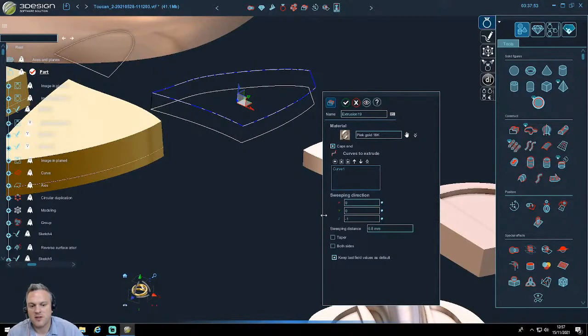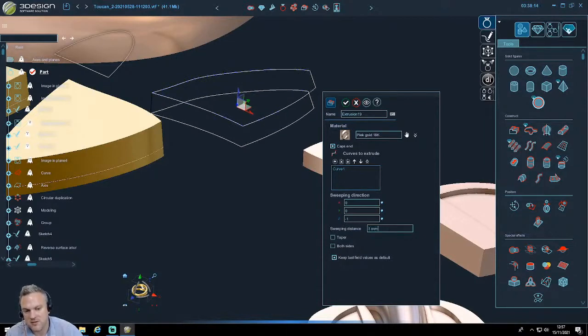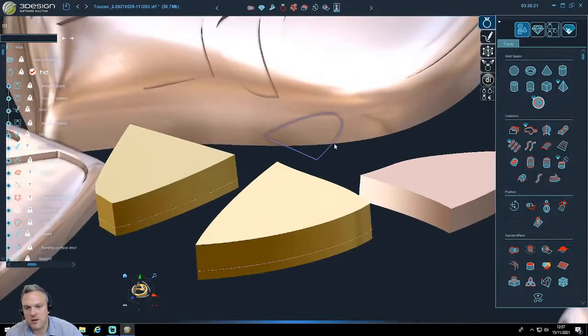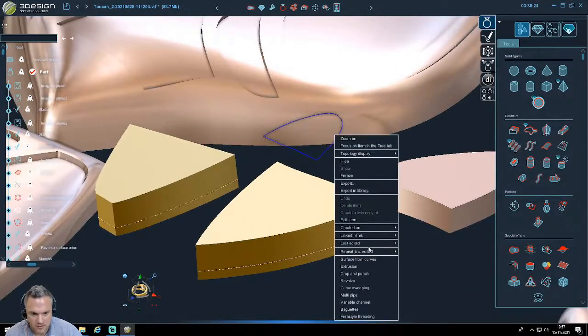It's a big time saving because you don't have to put the same value than before, so you have two things which are important. The new thing we have, which is keep last field values as default. Then you have the exact same values, for example, the Z, which is the negative direction for the extrusion, and the sweeping distance. And even if you change it, it will be 1.2 for the next time. And the second thing is that I repeat the same feature with the right click, and it can be also applied on a shortcut,